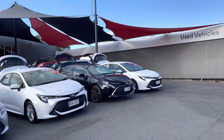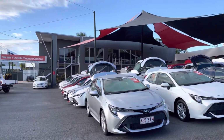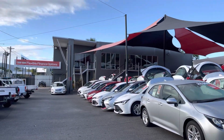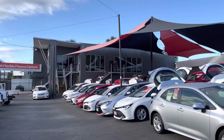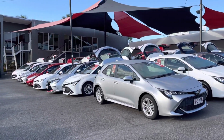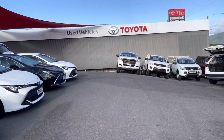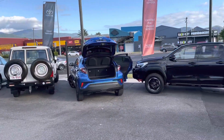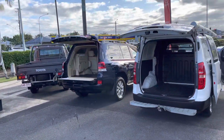We hold about 180 cars in stock at all times, and we sell around 160 to 200 cars a month. As you can see in the background, that's our showroom floor. It's 2 stories. We don't hold just your normal dual cabs, small hatchbacks, SUVs, 3-door to 5-door. We also have dual cab utilities, 4x4s, 2-wheel drives, wagons, as in your Land Cruiser, 76, 79 series dual cabs as well. So let me have a look a bit here at the moment,